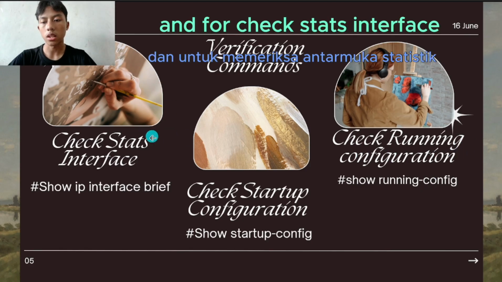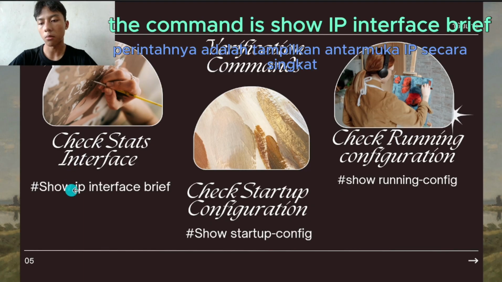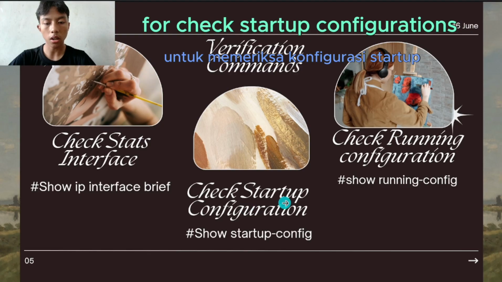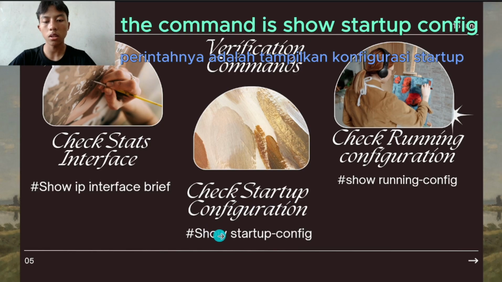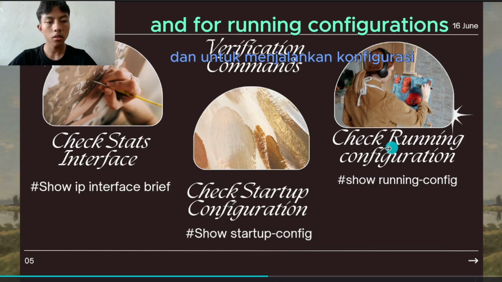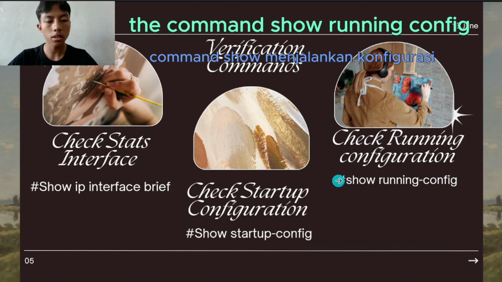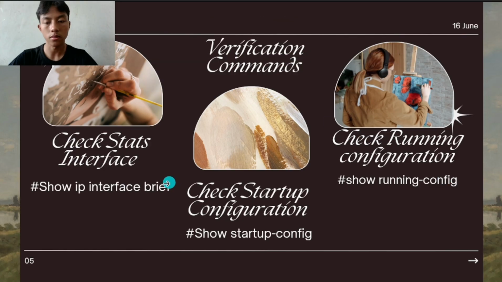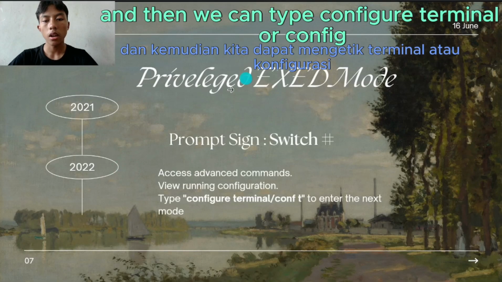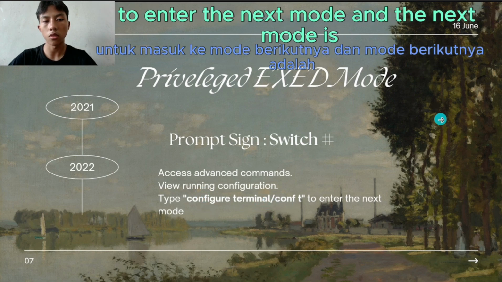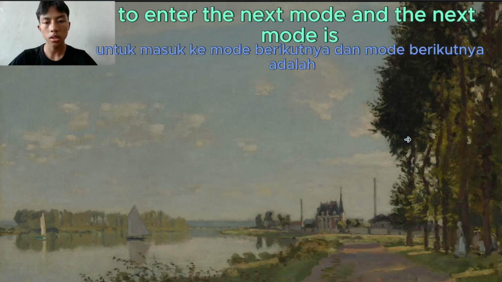And to check status interface, the command is show ip interface brief. To check startup configuration, the command is show startup-config. And for running configuration, the command is show running-config. And then we can type configure terminal or conf t to enter the next mode. And the next mode is